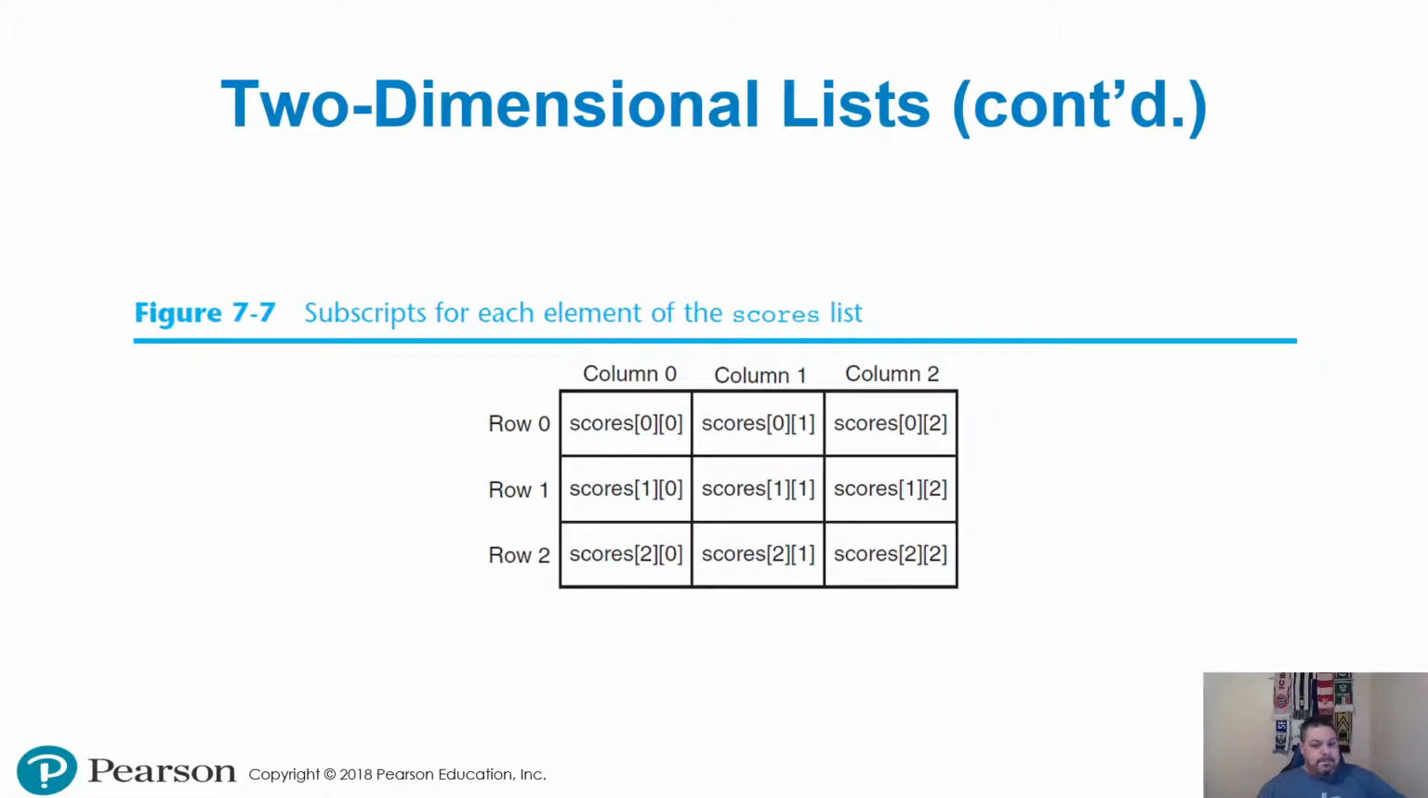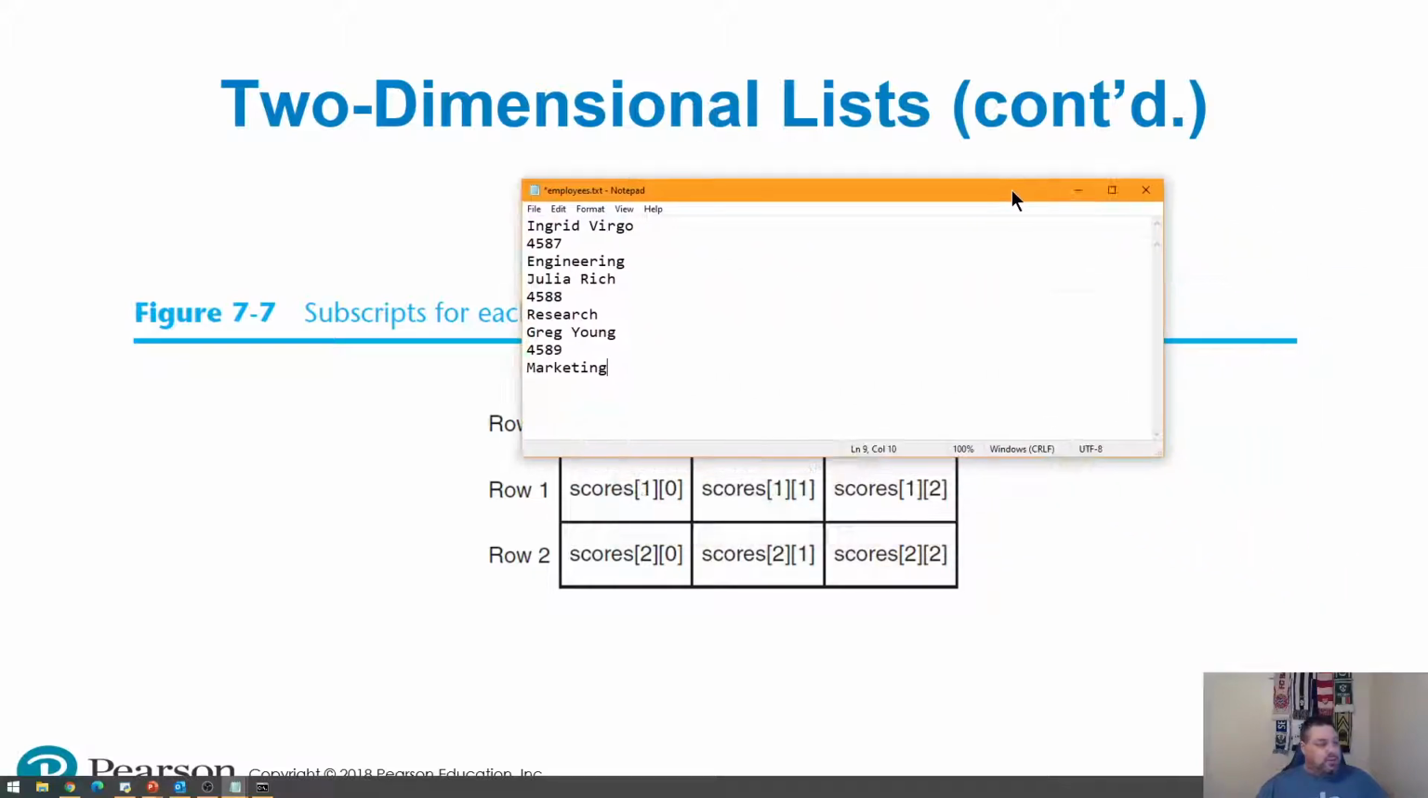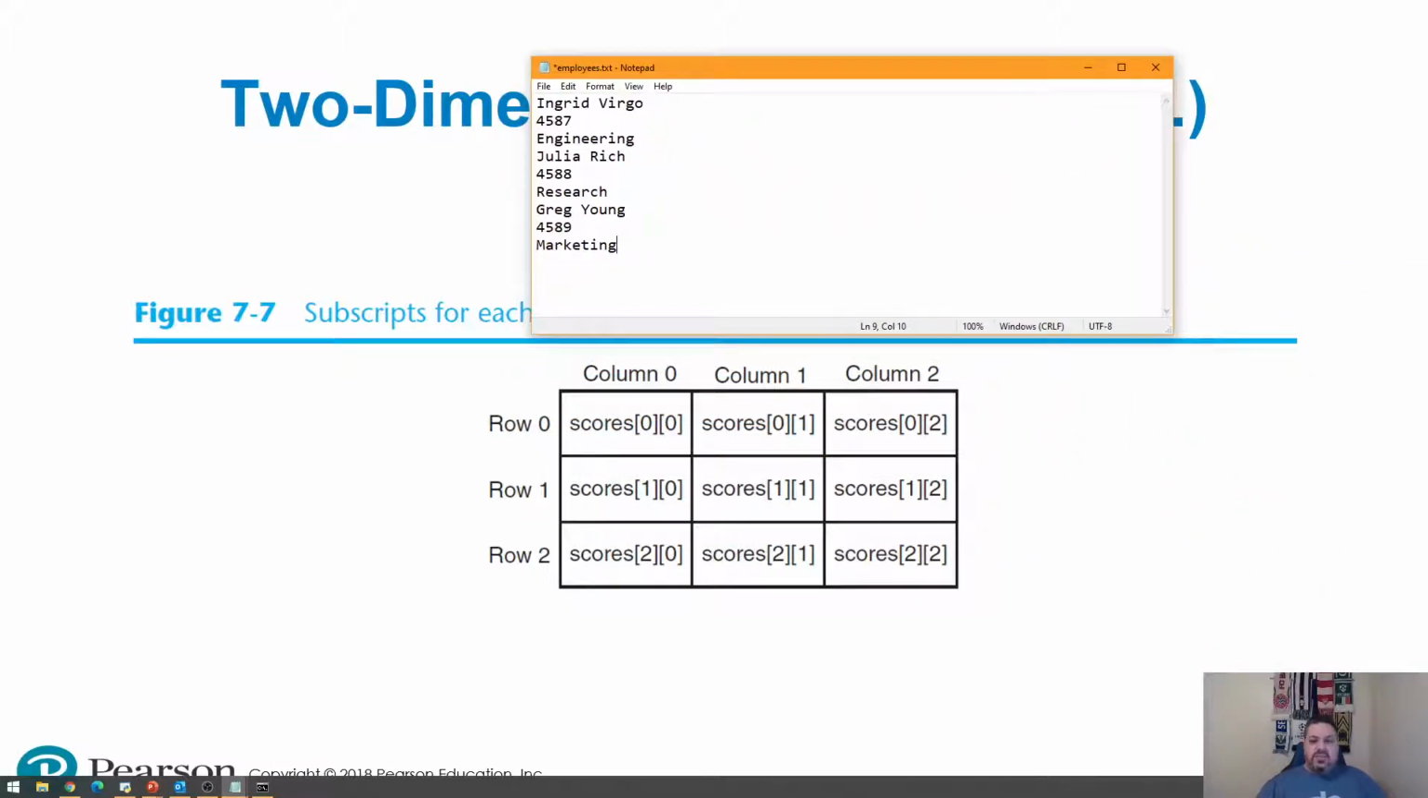So let's maybe look at an example of where we might actually use this. Do you recall we had this last week as well as one of our examples? And in the example, we talked about how each one of these things was a record. Three items together was a record: the name, the ID, and the department. So if I launch Python here,